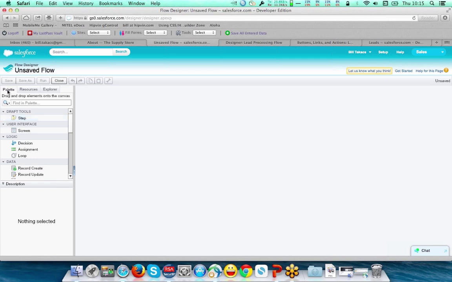So across the top, there are three tabs here: palette, resources, and explore. I'll explain what each of these tabs are and what each of the elements are in these tabs. So the first